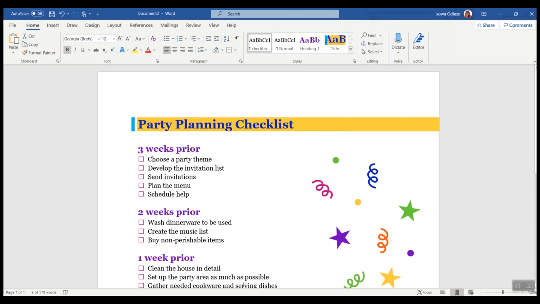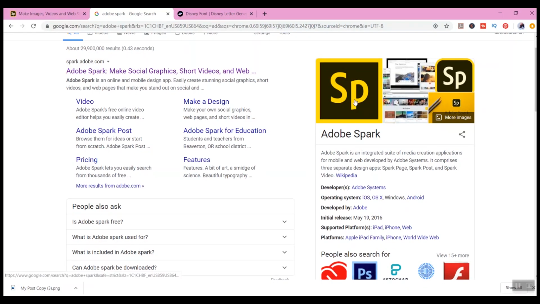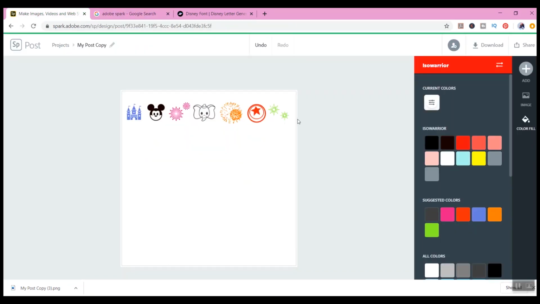So let's go to where I create my icon. I use Adobe Spark, and Adobe Spark you can use on your computer or you can use the app. I have an Adobe Creative Cloud, so I use that, and I decided to just use it on my computer. In Adobe Spark, you can also use Canva, Designer, other different apps. In Adobe Spark, I decided to just start with a blank page,